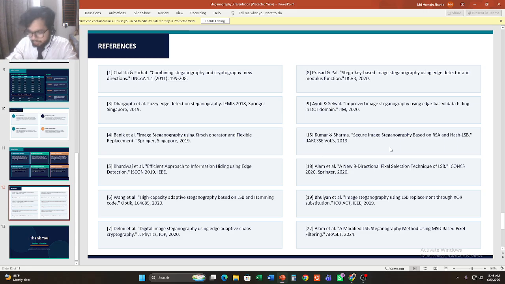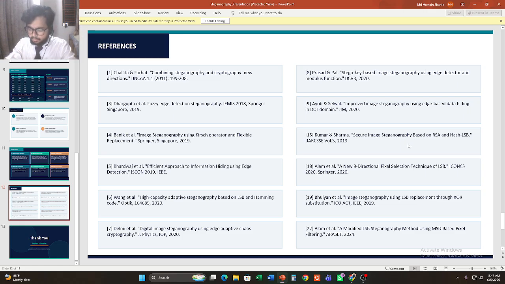Key references include foundational work by Cheddad and Farhat on combining steganography and cryptography, the work of Banik, Gupta, Bhardwaj, Wang, Prasad and Ayub on edge-based and hybrid steganographic methods from 2009 to 2020, and earlier work by the paper's authors themselves, particularly in 2020 and 2024, which directly informed and motivated the design choices in the paper.